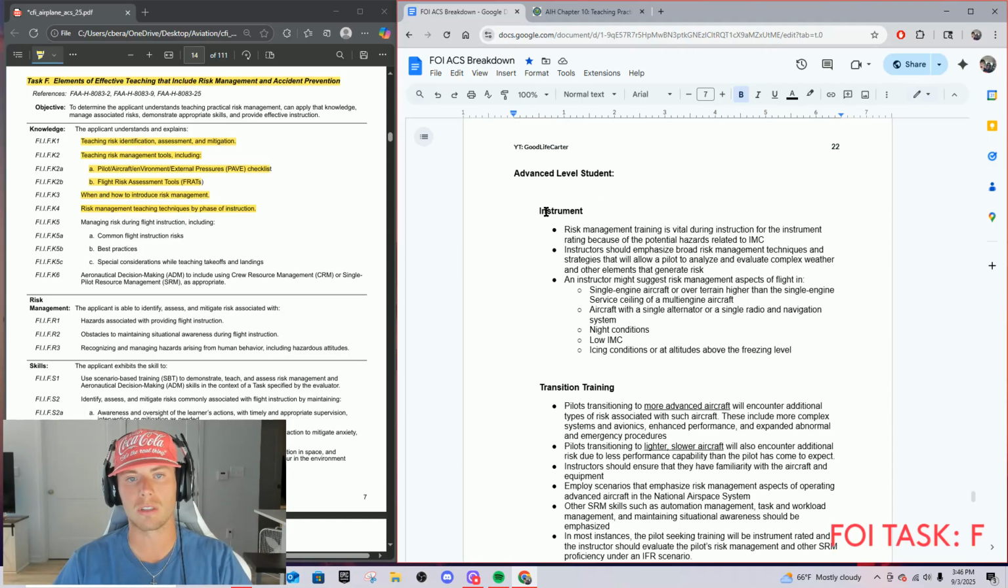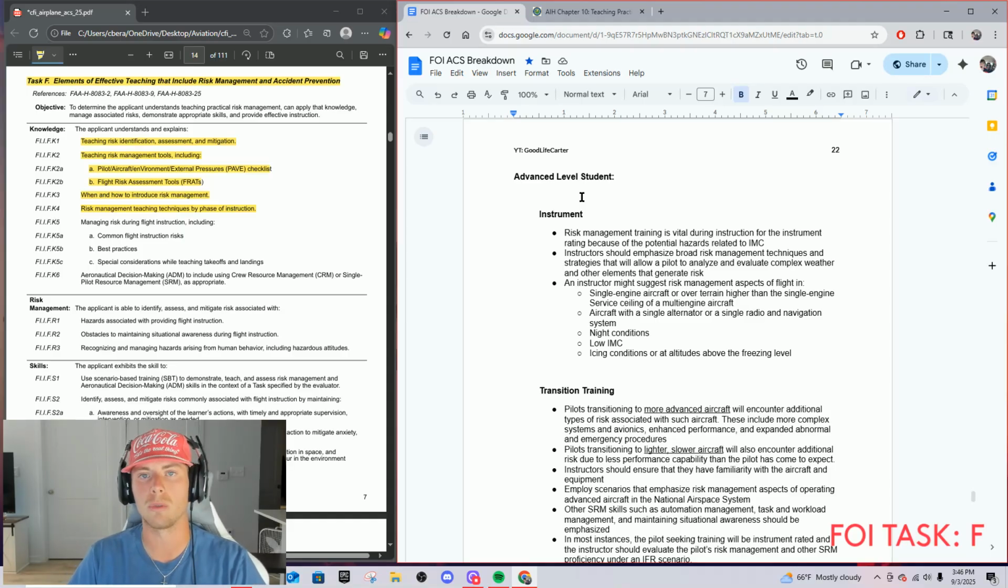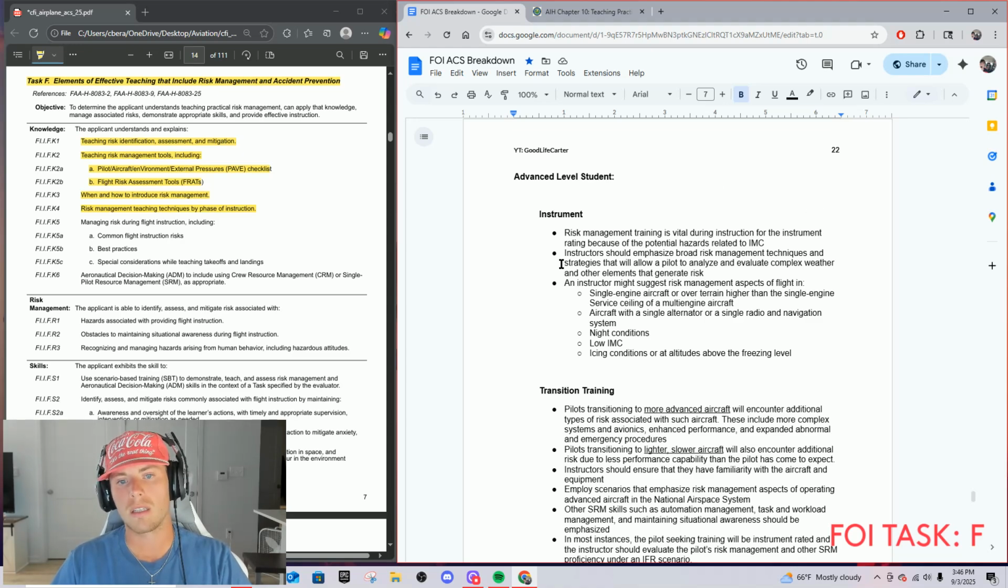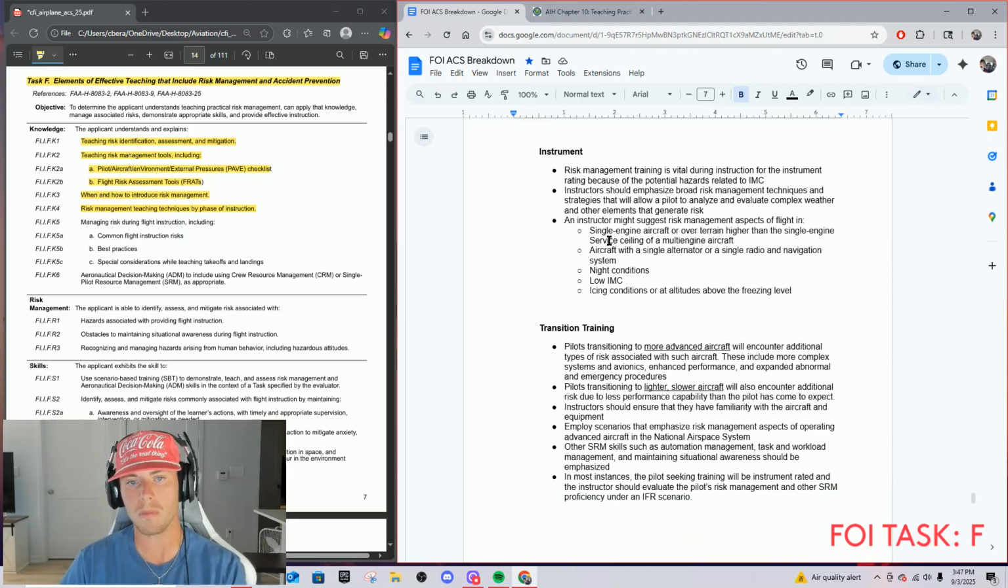So you want to make sure you're going over the different risks, especially if they're going from private to instrument. They're not going to know the same risks. Two completely different ways of flying. And instructors should emphasize broad management techniques that will allow a pilot to analyze and evaluate complex weather. An